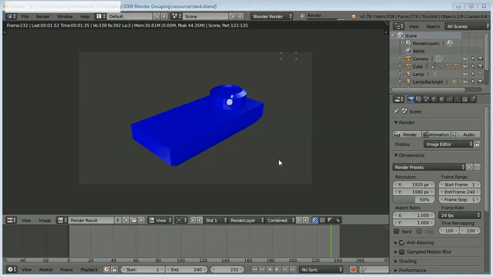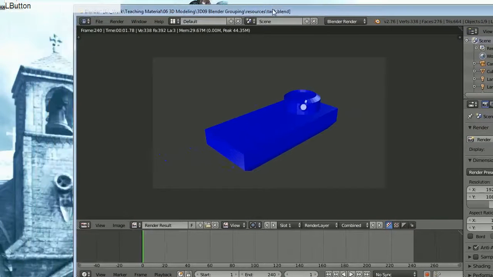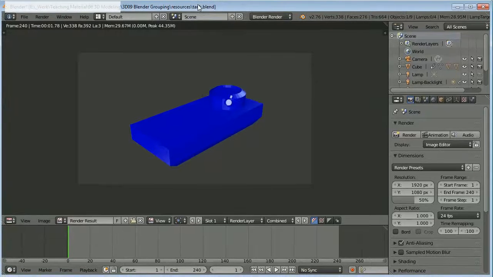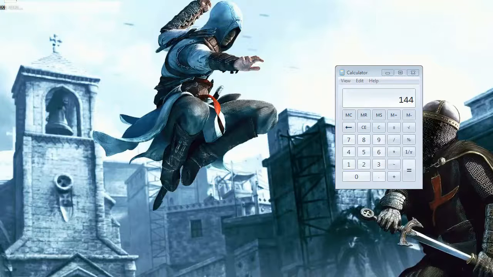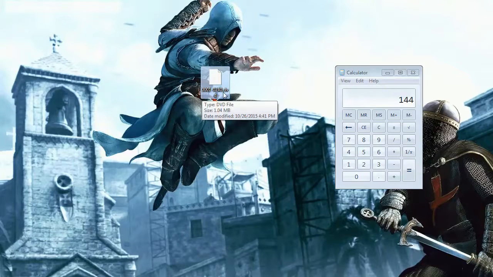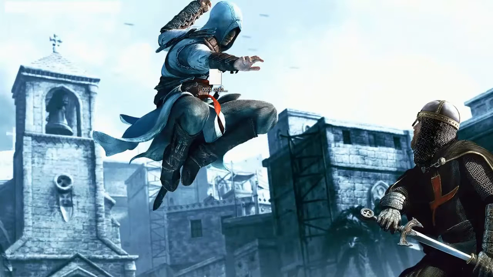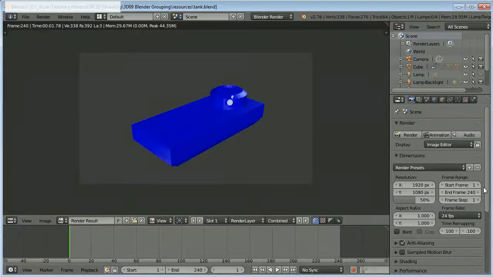Okay, we can see it coming into the home stretch here. It's on frame 234, so it's nearly there. And there we go, it's finished. Okay, so with that finished, what we're left with, hang on a second, let me minimize that and bring this in. What we're left with is this file here, it's got a rubbish name. It says 0001 to 0240.dvd,